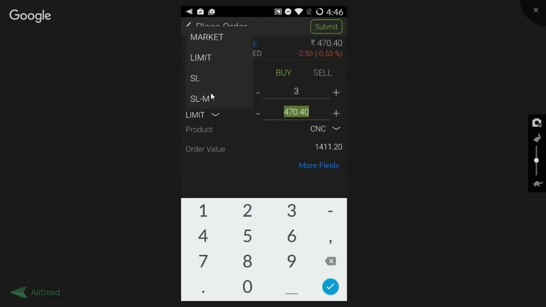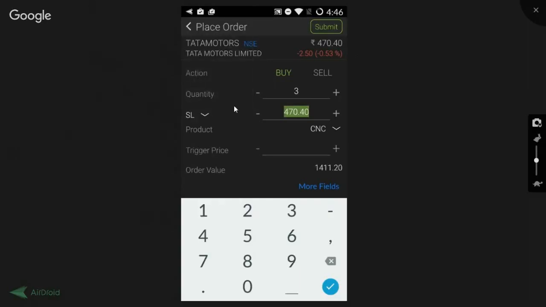Mr. Chavda had a question about how we can place a stop loss order. One of our viewers had a query of how we can place a stop loss order. So here's the option. You have to select the price type as SL. You get to know the market price over here. So SL has to be placed. SL will place it for sell.